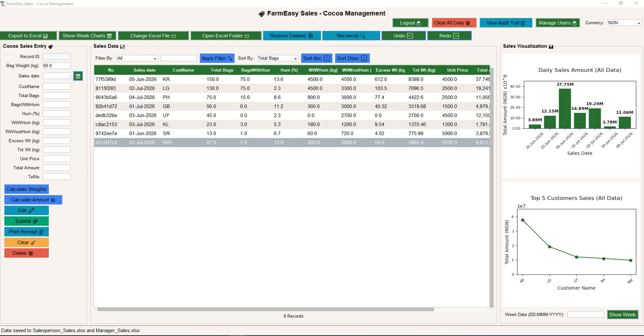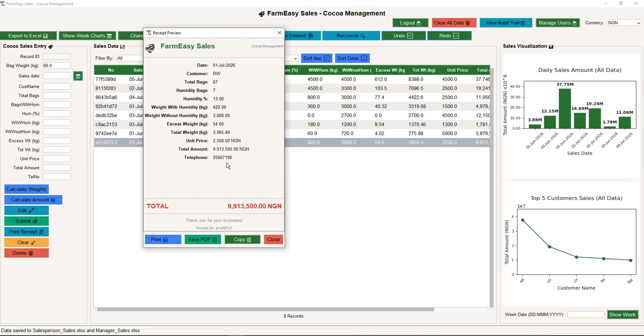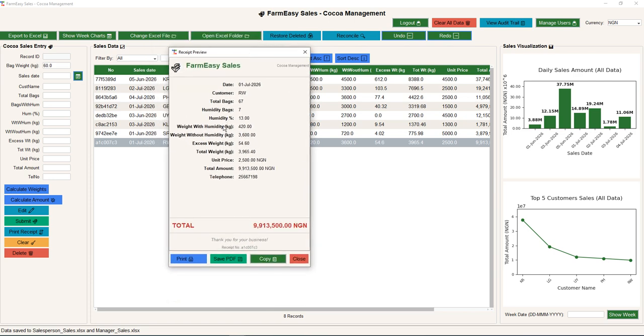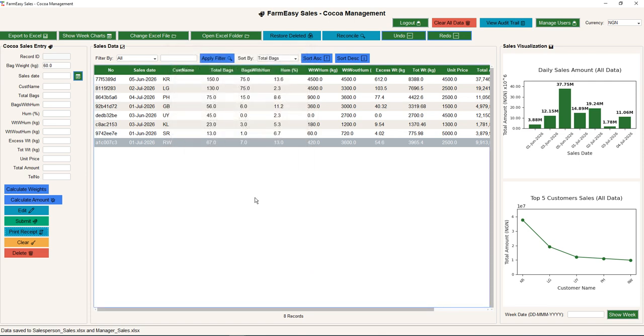I'm using 2 screens, so I have to pull this over. So you can see that this is the total here, 9,913,500 Naira, Nigerian Naira. You can print this receipt, you can save, you can copy, you can do whatever you want. The options are here, the buttons are here for you to action anything that you want to do with the receipt. But this is a receipt that you print and give to the farmer if need be. And I'll close this. Okay, so what I'm going to do now,